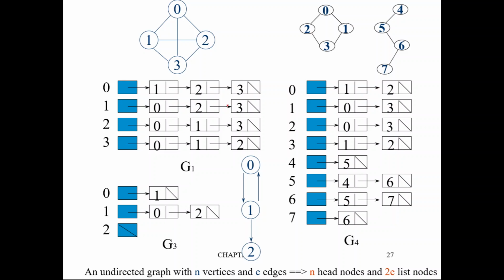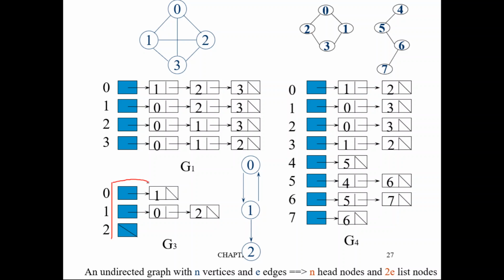Now this is a list, not a matrix. Either a directed graph or an undirected graph can be represented in this way. This is a directed graph, and this is an undirected graph. Here how many nodes are there? 0, 1 and 2. Now you see, first you create an array of pointers.